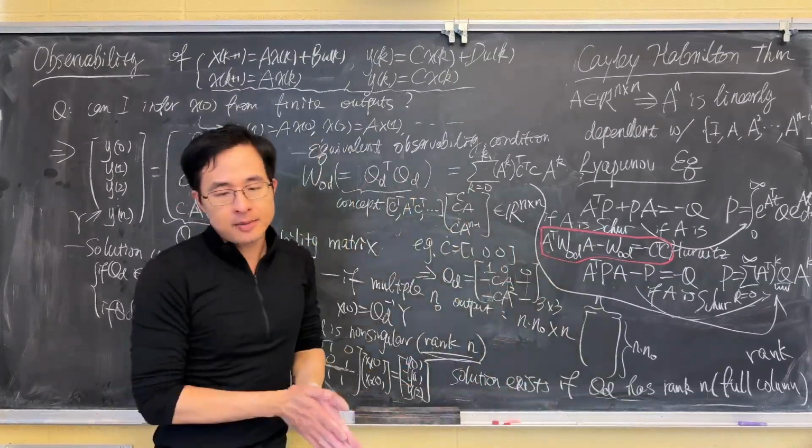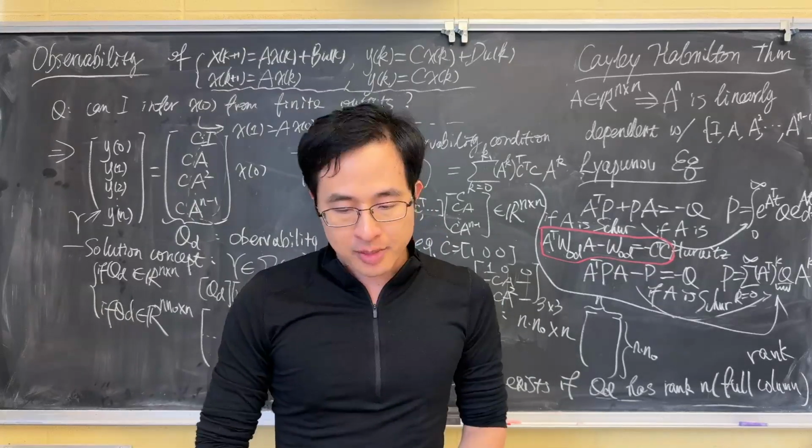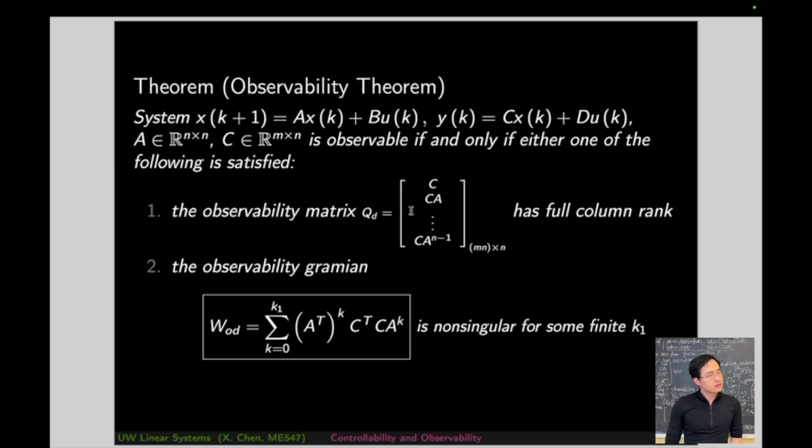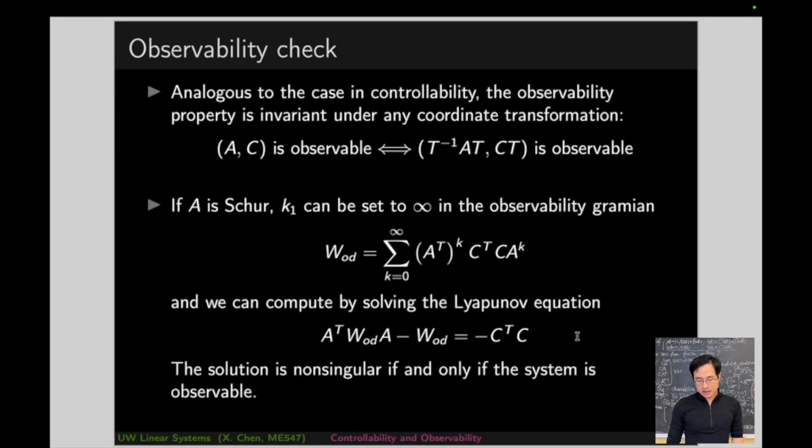So that is the observability Gramian. We have the condition on the screen. These two are the same. If the Gramian is non-singular, or invertible, for some finite K1, then the system is observable. And if A is stable, K1 can be set to infinity, and the Gramian can be solved by